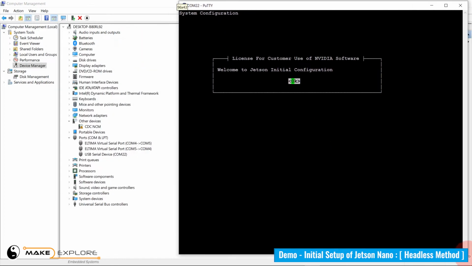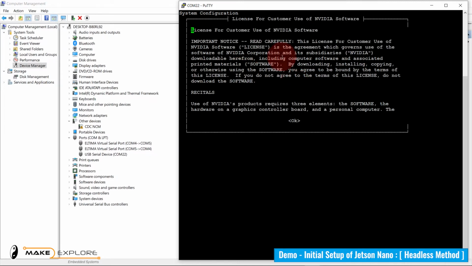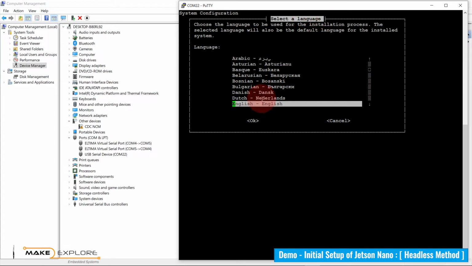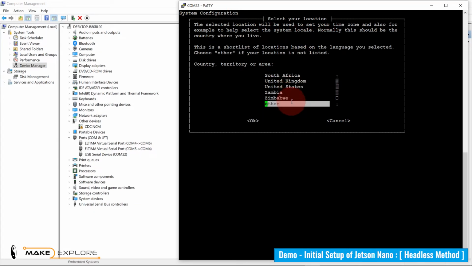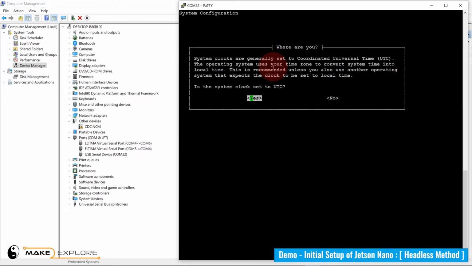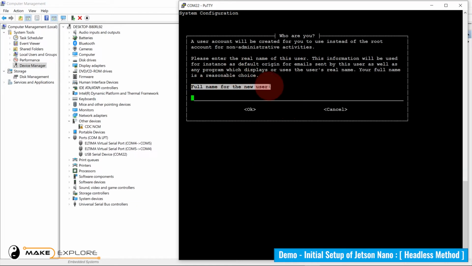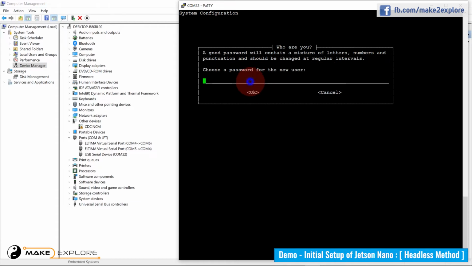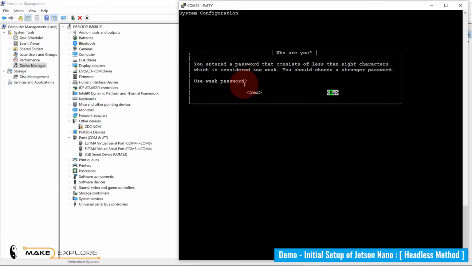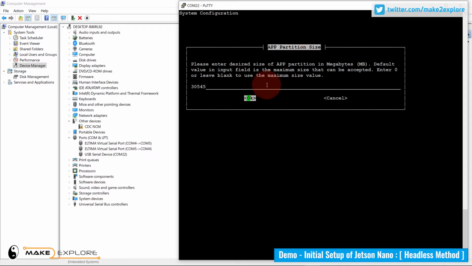After you connect using PuTTY, you will see the same steps which appear during graphical setup, but instead of a GUI, it will be prompted from the console. There you will be prompted to select language, keyboard type, region, username, password, time zone, and then Wi-Fi to connect with. But you can skip Wi-Fi setup if you want and later use Network Manager, the nmcli method, a command line tool for controlling Network Manager, as per your convenience.